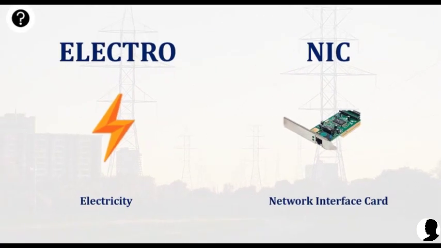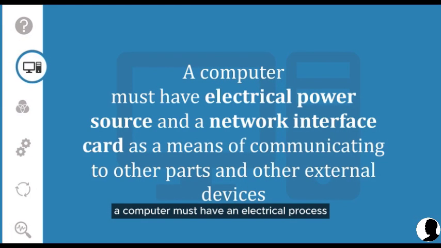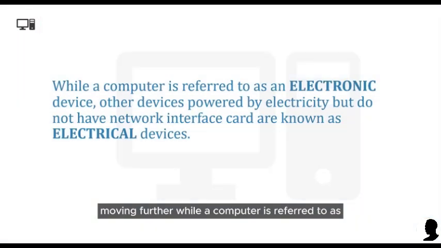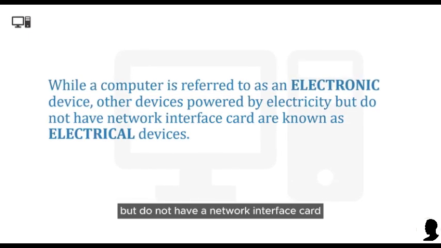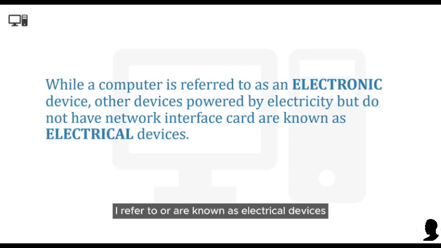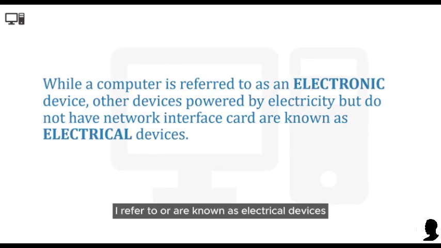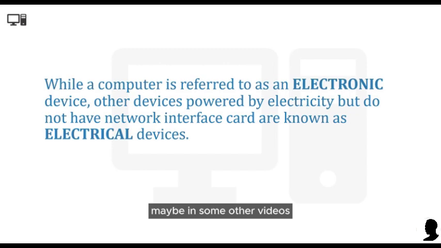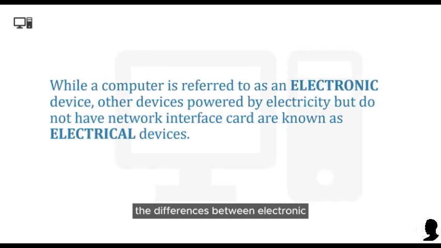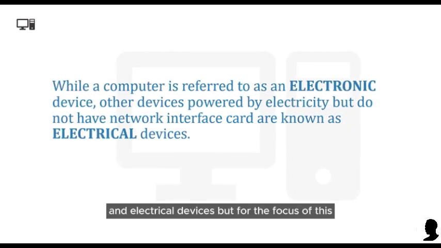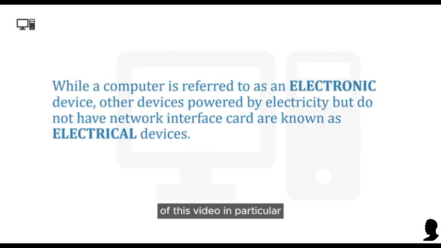But basically, the computer must have an electrical power source and then a network interface card as a means of communicating to other parts and other external devices. Moving further, while a computer is referred to as an electronic device, other devices powered by electricity but that do not have a network interface card are known as electrical devices. Maybe in some other videos we could do a further explanation of the differences between electronic and electrical devices, but for the focus of this video in particular,